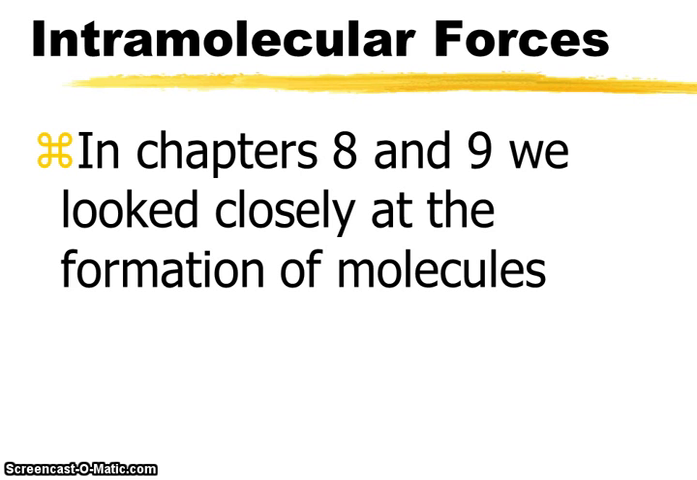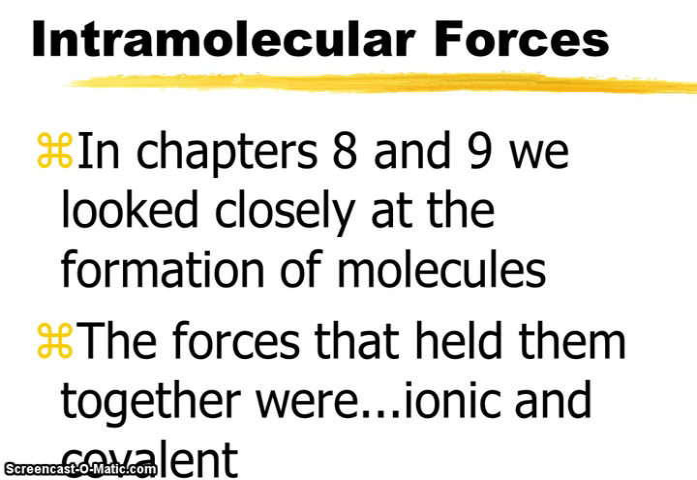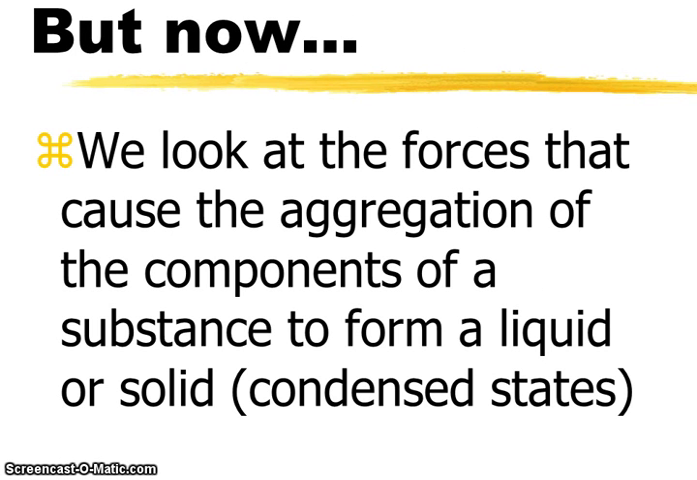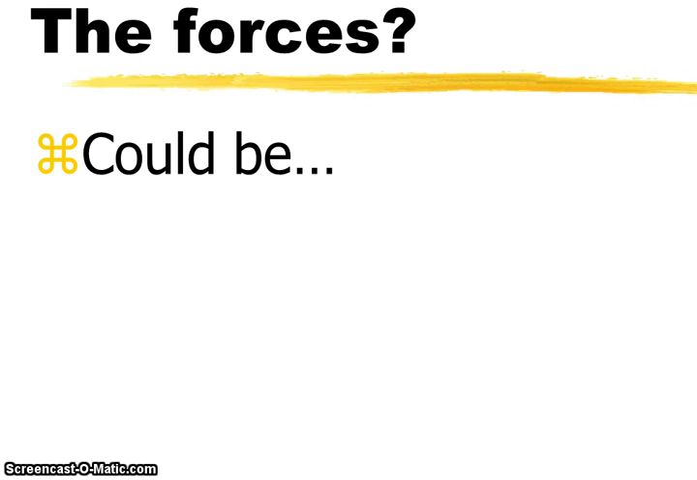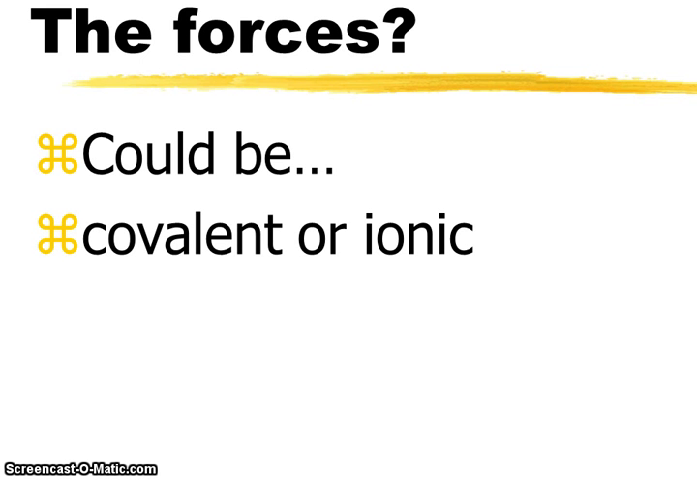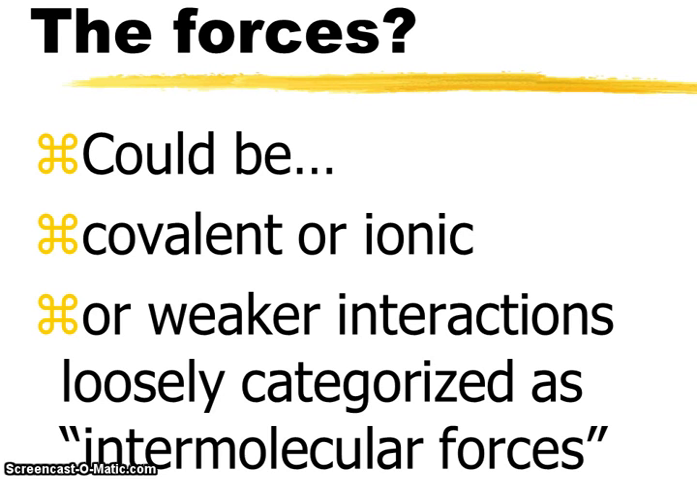In Chapter 8 and Chapter 9, we looked at how molecules are formed from their atoms. We said that the forces that hold atoms together in a molecule are ionic and covalent bonds. But now we want to look at the forces that hold particles together in a liquid or a solid state. And we refer to substances in the liquid and the solid state as condensed states. So these forces could be covalent or ionic, but they also could be much weaker interactions, which are called